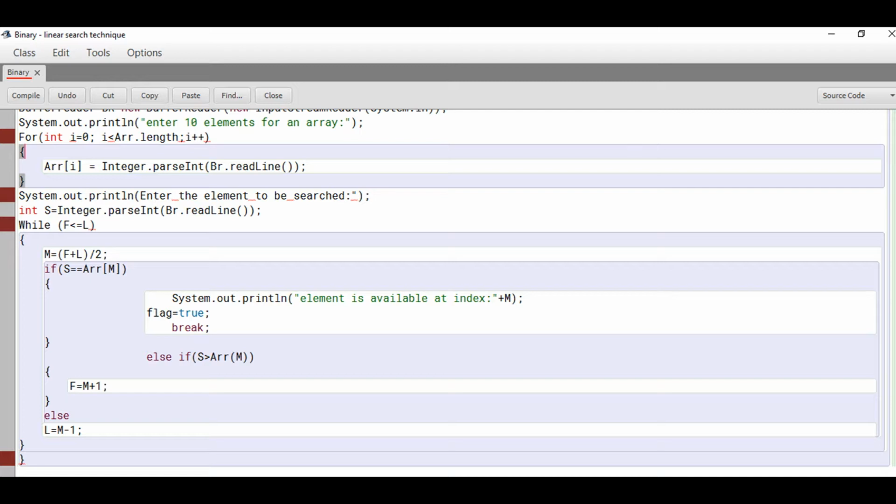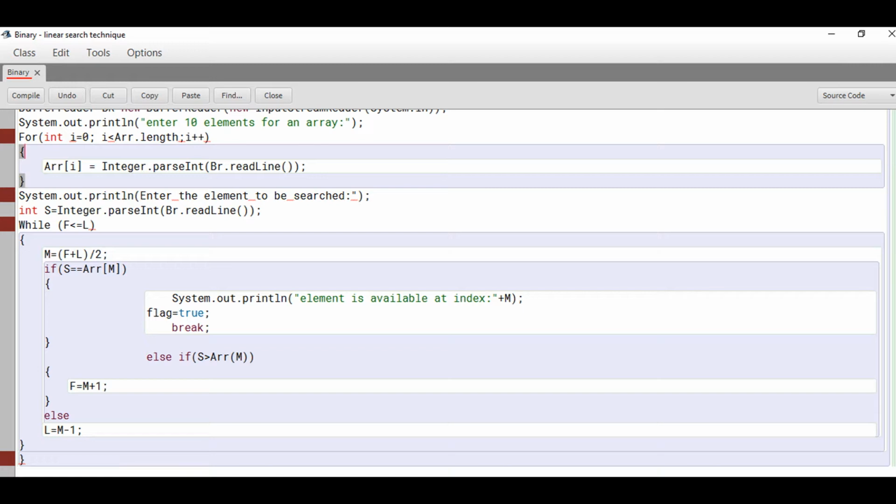Else if the search element is greater than array of m, then we will not search in the first part of the array. So the first index f will become middle index plus 1.